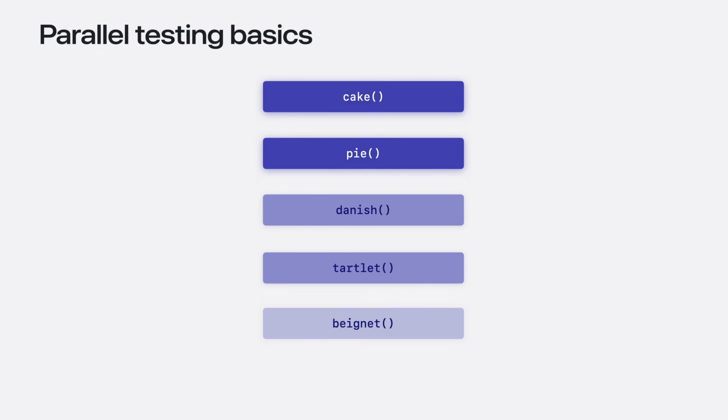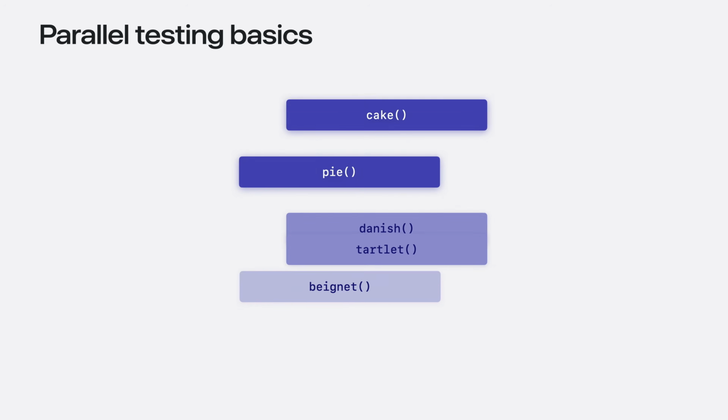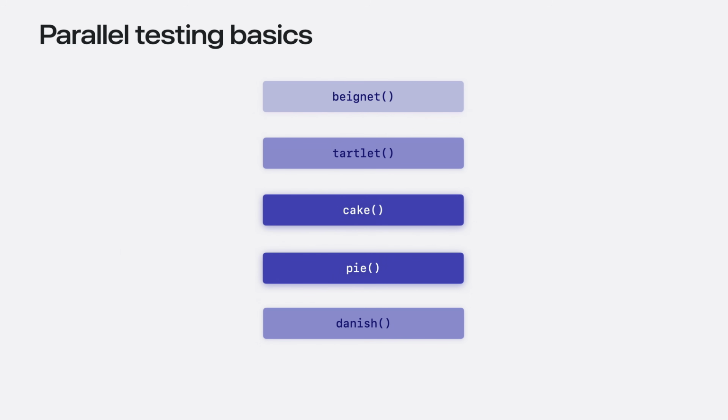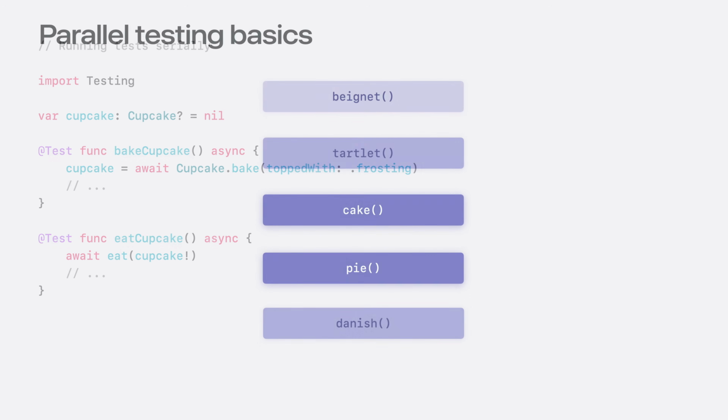Swift testing runs test functions in parallel by default, regardless of whether they are synchronous or asynchronous. This is a notable difference from XCTest, which only supports parallelization using multiple processes, each running one test at a time. Test functions can be isolated to a global actor like main actor when needed. Next, the order in which your tests run is randomized. This helps surface hidden dependencies between tests and exposes areas where you may need to make adjustments.